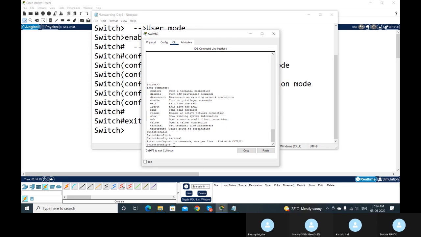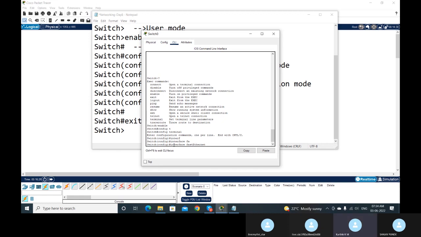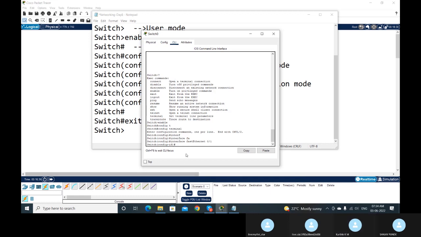Okay, so now we are in the global configuration mode. I want to enter into the specific configuration mode. Interface FA, I type it, just press tab, it completes the command. Then 0/1. Okay, so now I want to come out from this specific configuration mode to the privilege mode. Then I can use